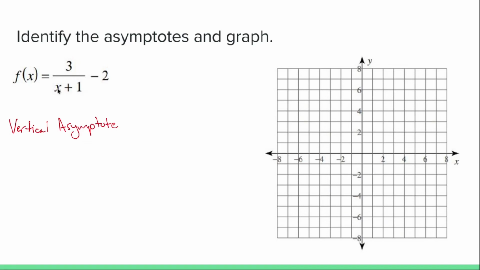-1 is going to make the bottom equal to 0, because if I do x plus 1 equals 0 and subtract 1 from both sides, I get -1. So x equals -1 is going to be my vertical asymptote. My horizontal asymptote,